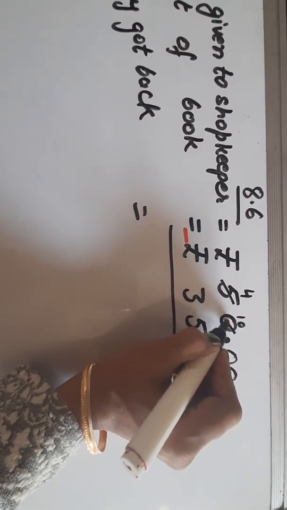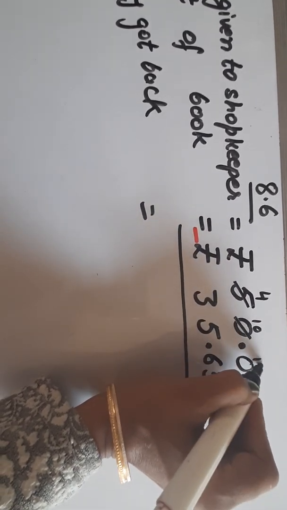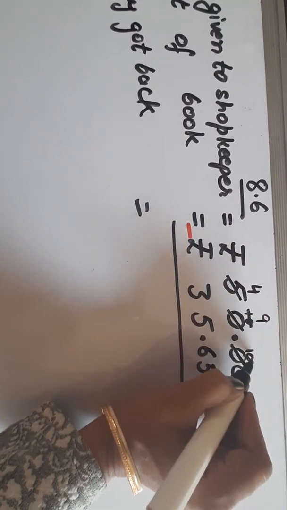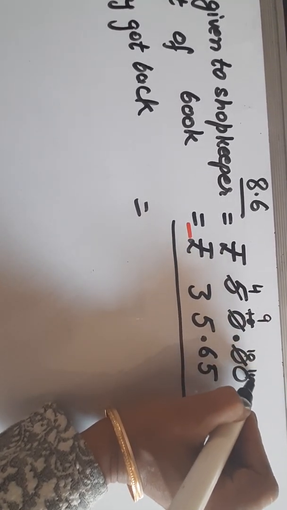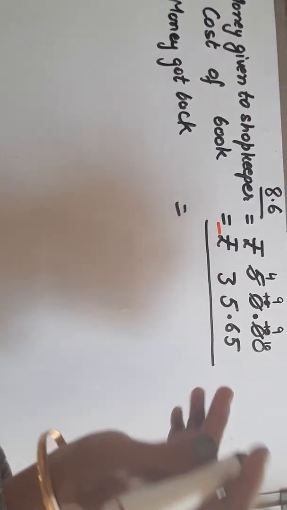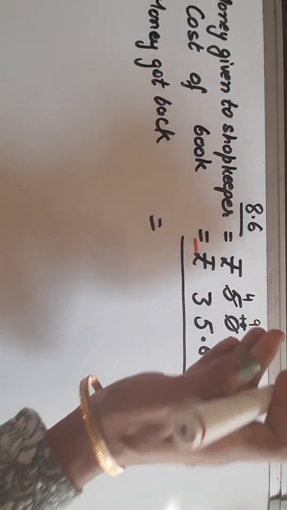Now this 10 will give 1 carry to the next 0. It will become 10 and it will become 9. This 10 will give 1 to the 0. It will become 10. It will remain 9. So in this way, we'll carry the digits, the numbers from the next friend.